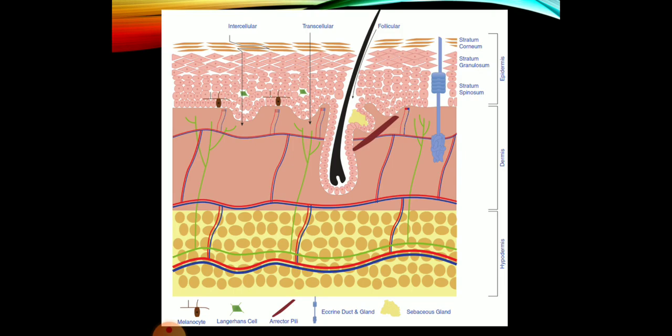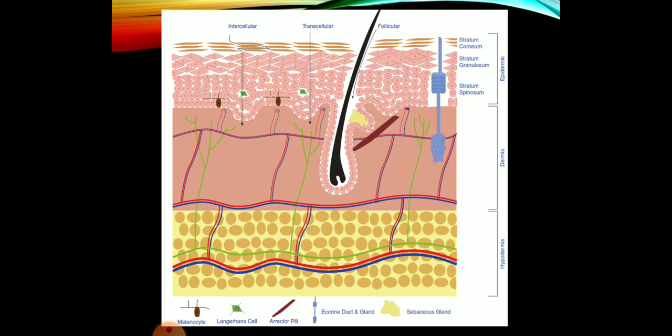So this is basically a structure of skin, which shows it's divided into 3 layers. It's an anatomical division, and as we all know, skin is the largest organ in our body, anatomically divided into 3 distinct layers. The first one is epidermis, which consists of stratum corneum, granulosum and spinosum, followed by the dermis, and the last one is hypodermis or